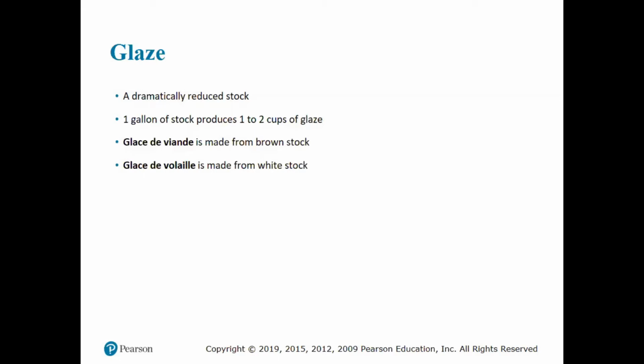So each 2 pints is a quart, each 4 quarts is a gallon. If you do the math, 16 cups equals 1 gallon. So if you're taking 16 cups and reducing it down to just 1 cup of finished product, that means your ratio is 15 to 1. If you have 1 cup of glaze, you add 15 cups of water, and now you've reconstituted it back